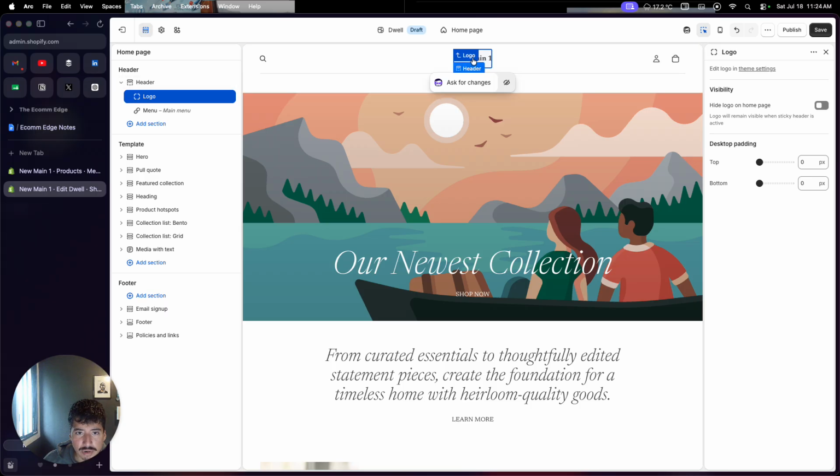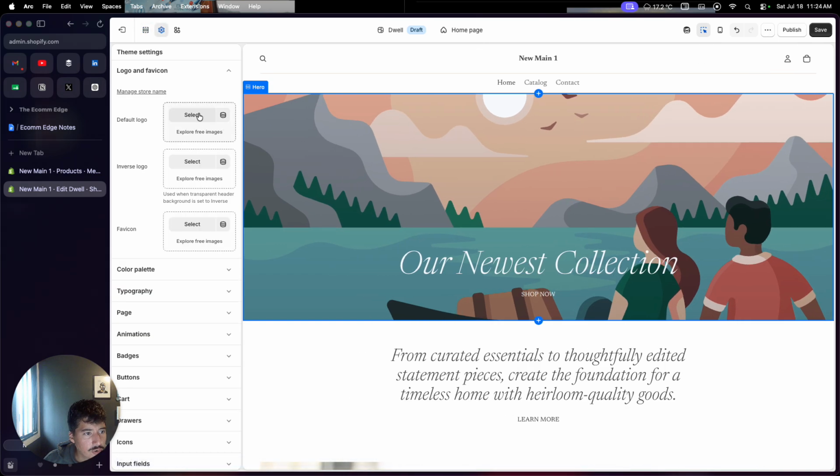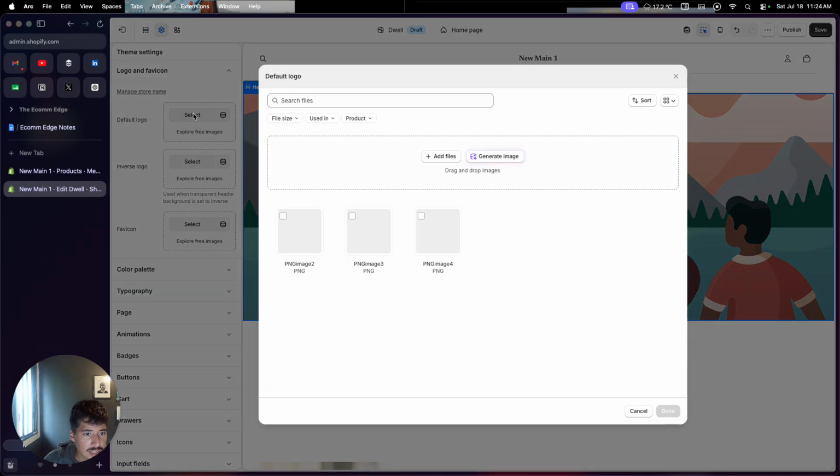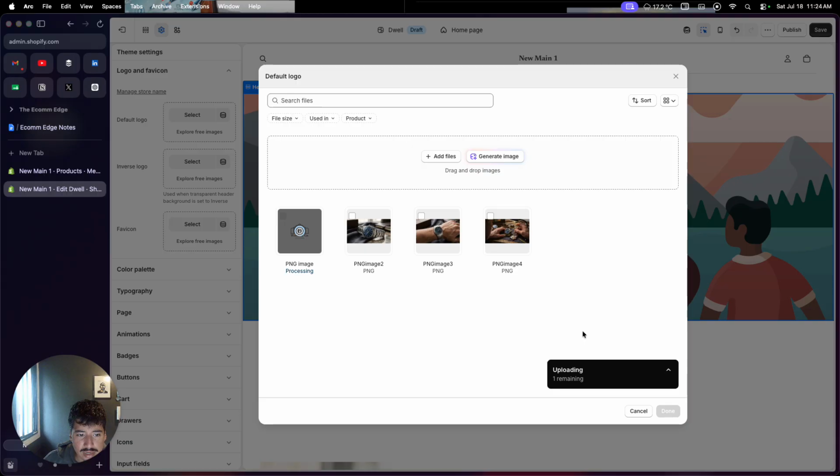So one of the first things I want to do is upload a logo to my store. To do this, you're gonna click on edit logo and theme settings, and it's gonna take you right here. So I'm gonna select logo, add files, and I already have a logo uploaded here. You could go to Canva, or if you don't have Canva, you can actually use the AI tool within Shopify to create your own logo as well. So click done,